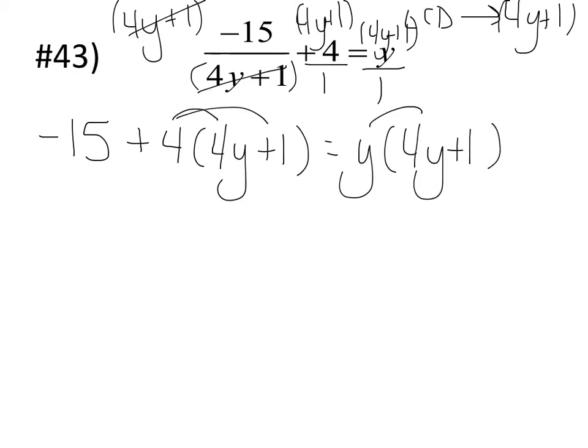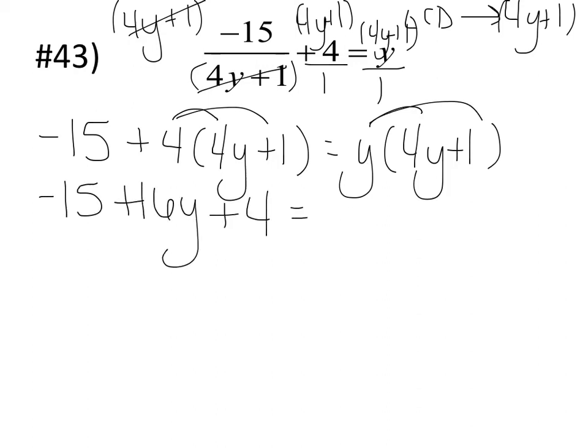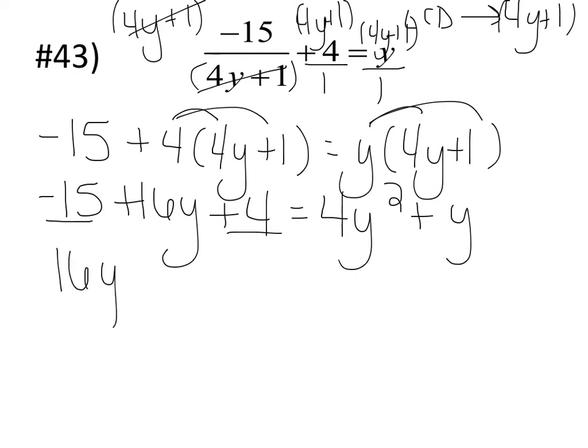All right, distribute. You get negative 15 plus 16y plus 4 is equal to 4y squared plus y. Combine like terms. So you have 16y minus 11, because negative 15 plus 4 is negative 11, is equal to